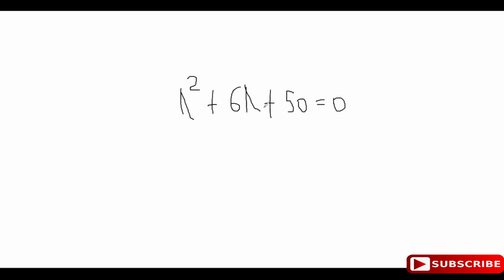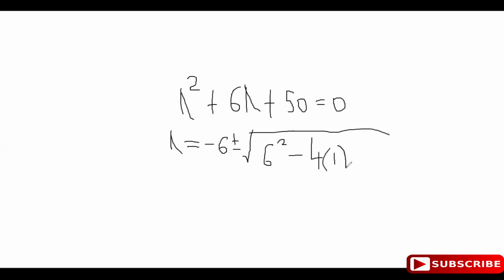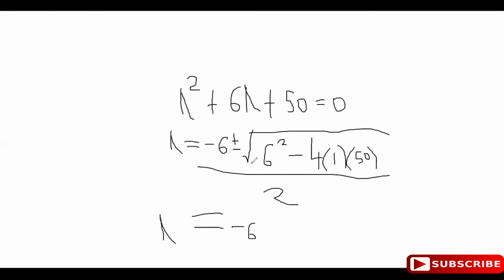Now notice that to solve this auxiliary equation, lambda is equal to minus b plus or minus the square root of b squared minus 4ac over 2a, which is 6 squared minus 4ac over 2a, which is 2 times 1, which is 2. Now this is going to give us a complex number, so we're going to get a complex solution. So lambda is minus 6 plus or minus the square root of 36 minus 200, which is some negative number. I'm going to call it a, square root a times i